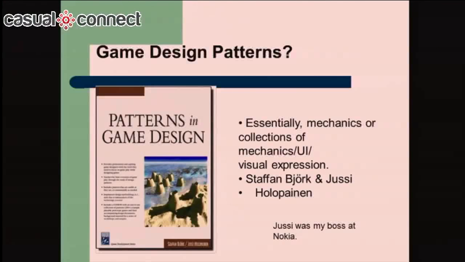And this is his definition of patterns. Patterns are simply conventions for describing and documenting recurring game design decisions within a given context, be it game design or software engineering. And yes, there is a book, Patterns in Game Design. This book, from my perspective, should be in every game designer's library. It is incredibly dry and boring. But basically, Staffan Bjork and Jussi Holopainen went out and exhaustively documented